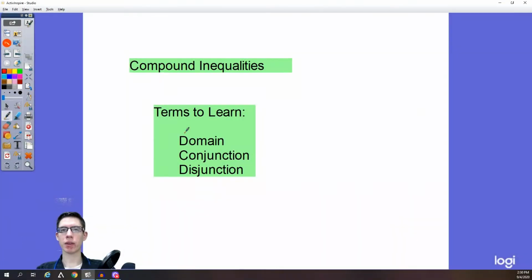Today we're talking about inequalities, compound inequalities. I've got a few terms that we're going to be talking about. Make sure you make a note of these. They'll come up slowly as we work through the lesson, so do make sure that you've got those in your notes. They'll be important. This word in particular is going to play into future lessons, so it's going to be very important that we get those